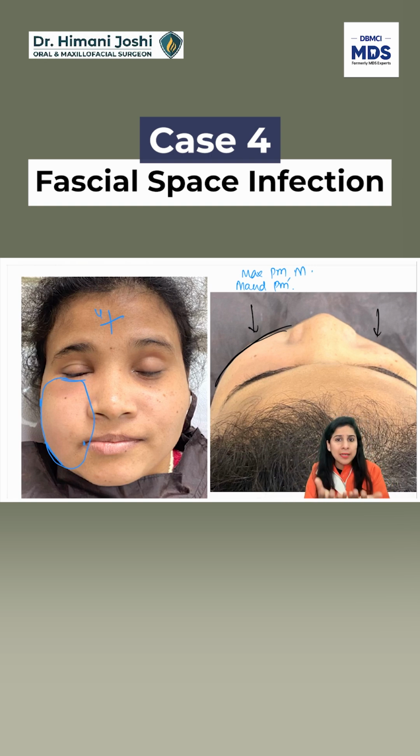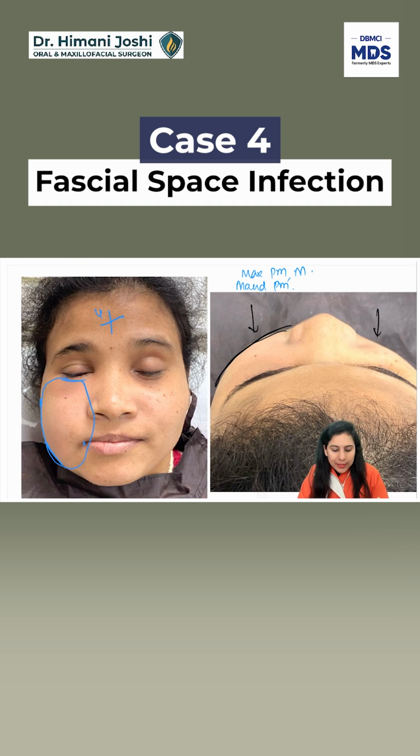Obviously, you will take an aspirate, you will send the pus for culture and sensitivity, and along with that, you will start an antibiotic therapy, fluids, and whatever is the need of the patient. But that is a supportive therapy. Fluids, rest, antibiotics, everything is supportive. The primary treatment is to remove the focus of infection, remove the cause, which is the first premolar tooth in this case. Do an RCT or extract the tooth, but remove the focus of infection.